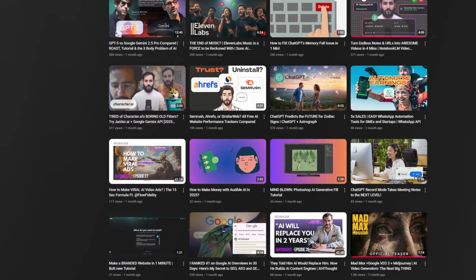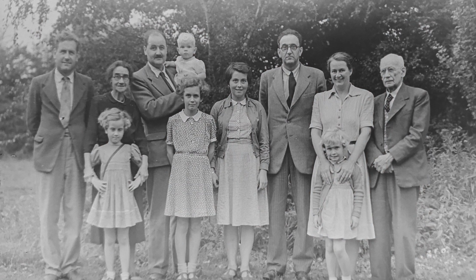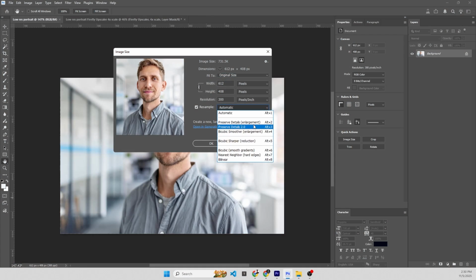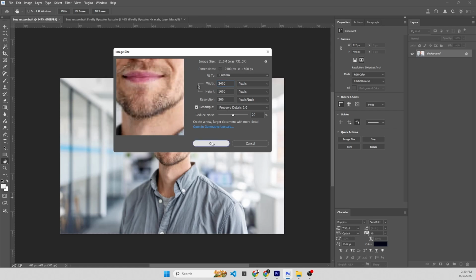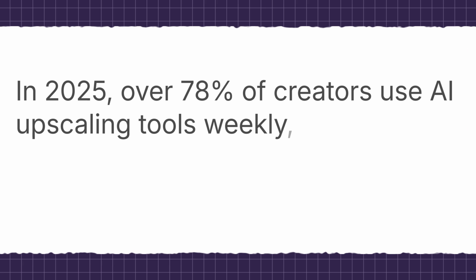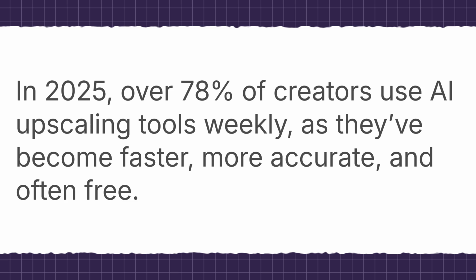Today we are solving one of the most common visual problems, low-resolution, blurry images. Whether you found an old family photo or just need to blow up a small graphic, AI image upscaling is the trick you need. I'm going to show you the power of modern algorithms to turn fuzzy photos into ultra-sharp masterpieces completely free. In 2025, over 78% of creators use AI upscaling tools weekly as they've become faster, more accurate,